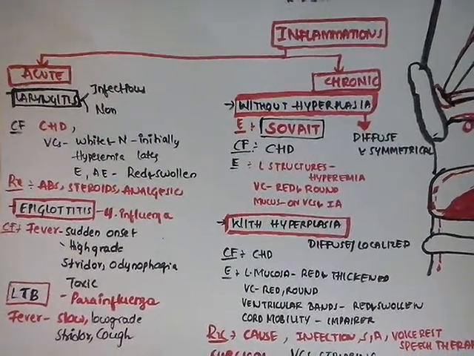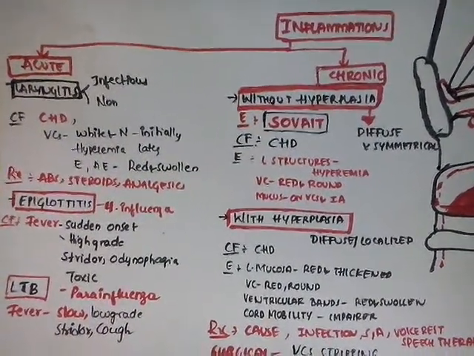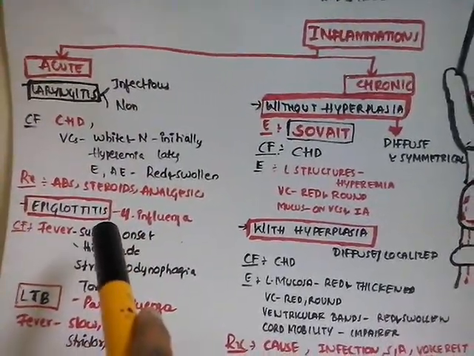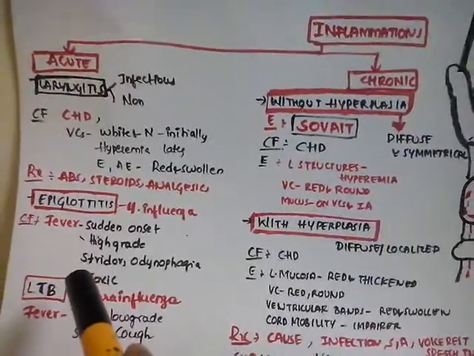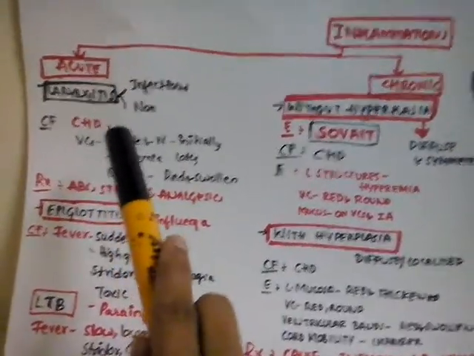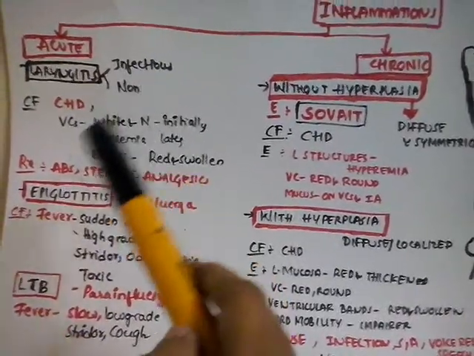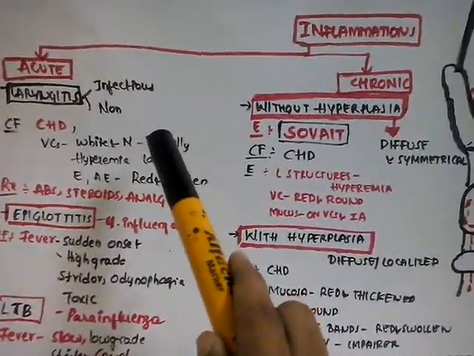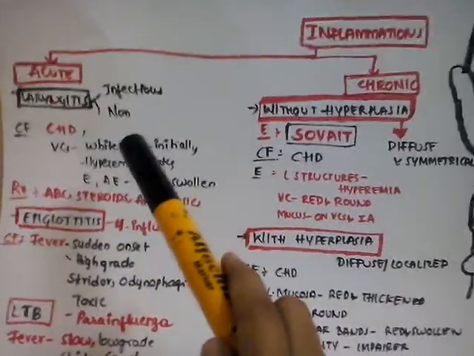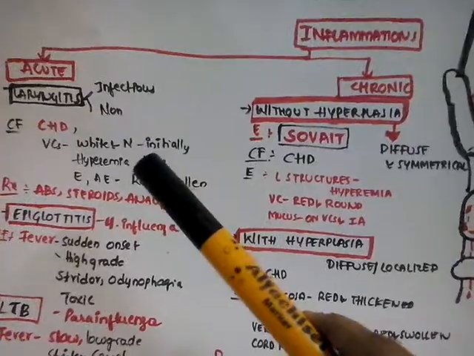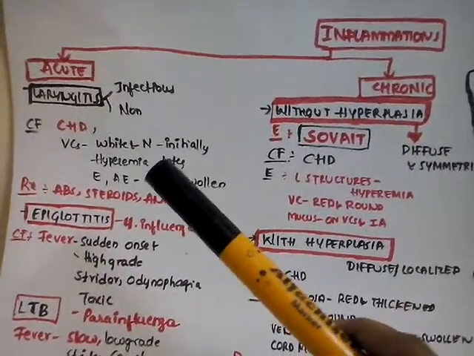Inflammations are of two types, acute and chronic. Acute again is of three types: acute laryngitis, acute epiglottitis, and laryngotracheobronchitis. Laryngitis, the causes are of infectious type and non-infectious type. Infectious is mostly following the upper respiratory tract infections, and non-infectious is due to inhalation or ingestion of corrosives,